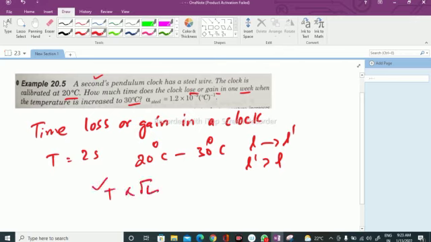Then the time period increases. If the time period increases, you know there is a loss of time. The clock will be running slow. There will be a loss of time actually. Okay. So in that situation,